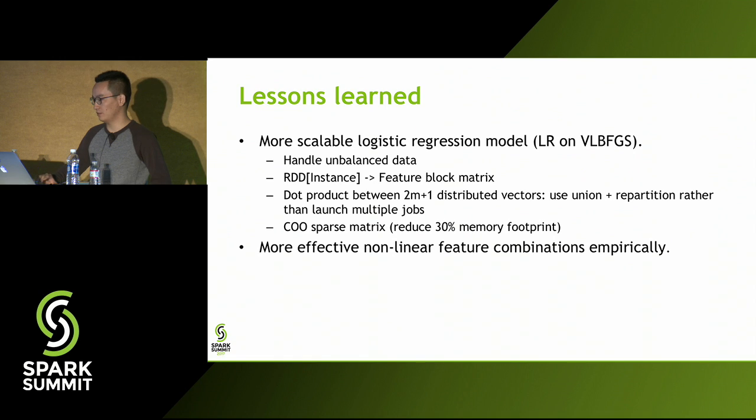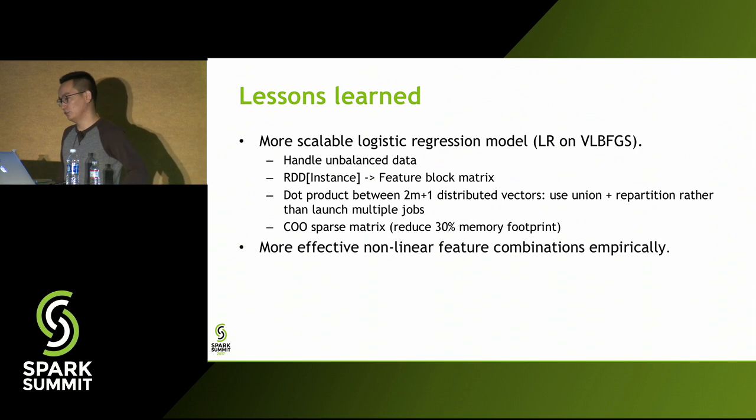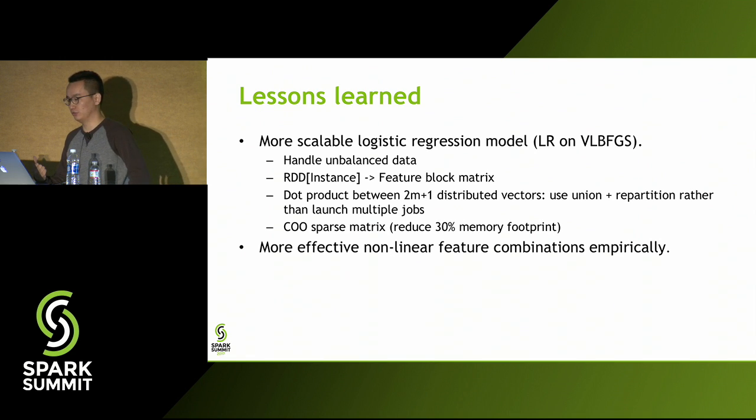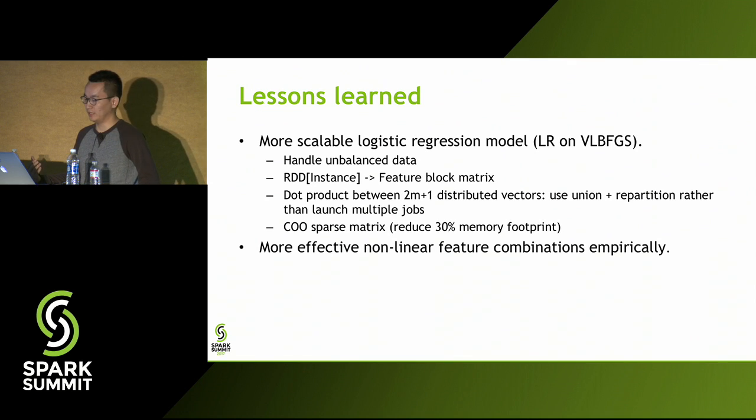And for the more scalable logistic regression model, from the engineering perspective, we encountered a lot of challenges. The most challenging thing is to handle unbalanced data. L-BFGS and the corresponding logistic regression implementation involve lots of Spark jobs with many stages, since all of the calculation is done by Spark jobs. So unbalanced data will lead to stragglers, which slow down the whole training process. We use the hash trick when generating the block matrices, like we depicted before in previous slides. So we use the hash trick to generate block matrices at the beginning of training. But this is also very, very challenging. We still need to find a better way to handle this